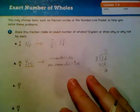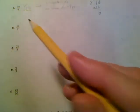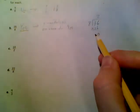Now here's what you're going to do for the rest of this part. You have 14/2. You can go to the halves on your chart and find 14/2. If it equals a whole number, then it's yes. You could explain why by writing 14/2 equals whatever. Or you could do a division problem, use my little rules up here, and use your math as your explanation of why. Otherwise, you can write something there too. So you're going to be doing that, 22/8, 9/3, and